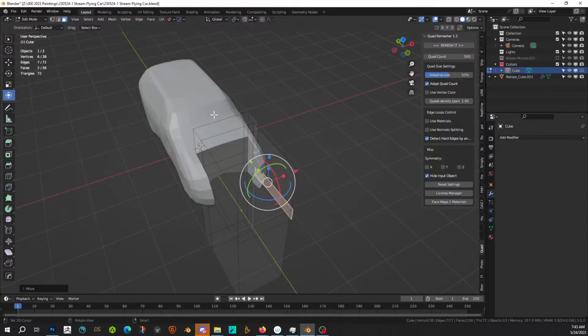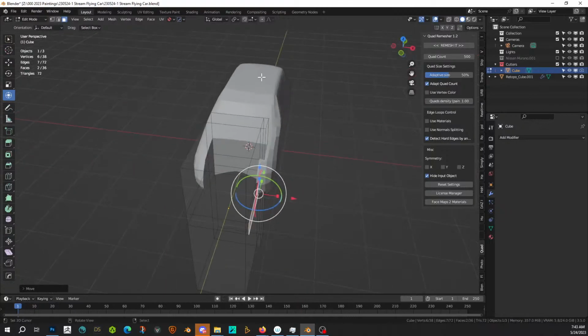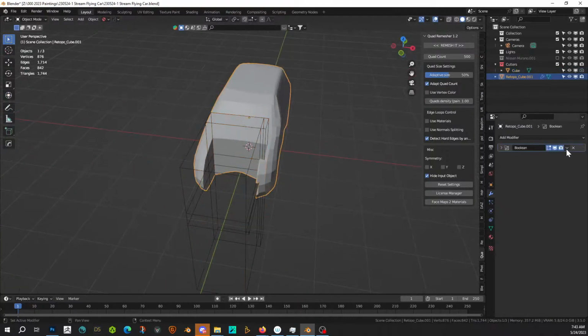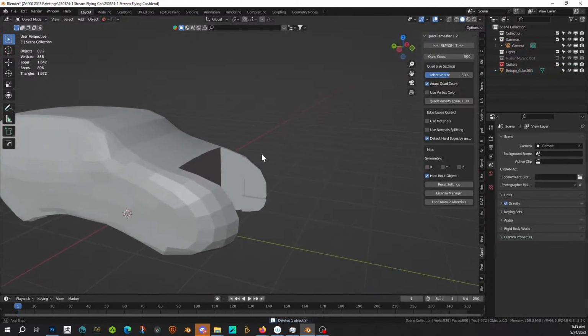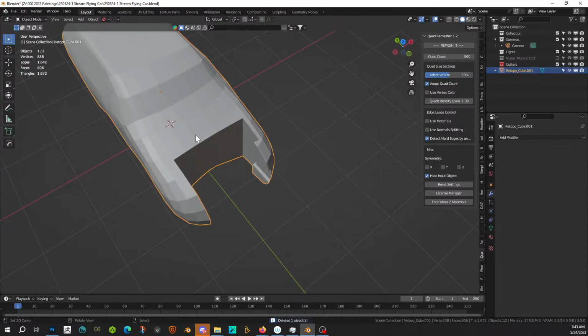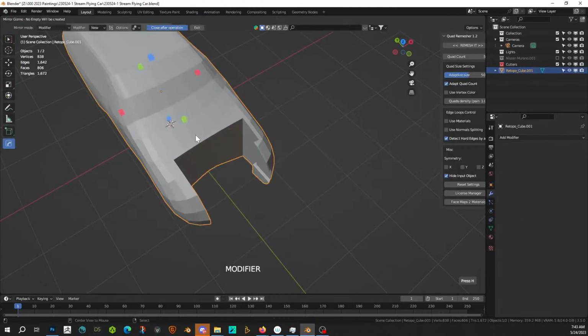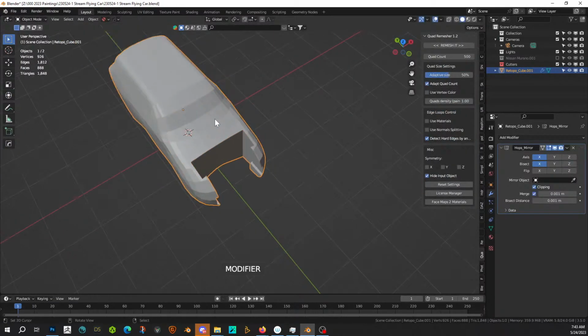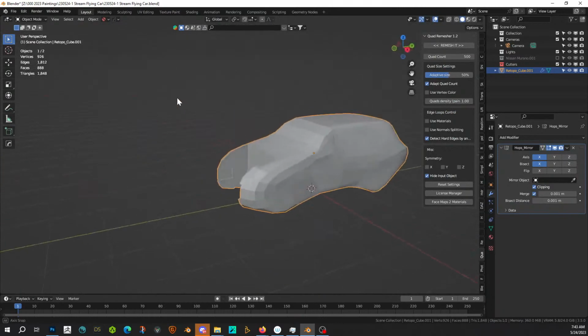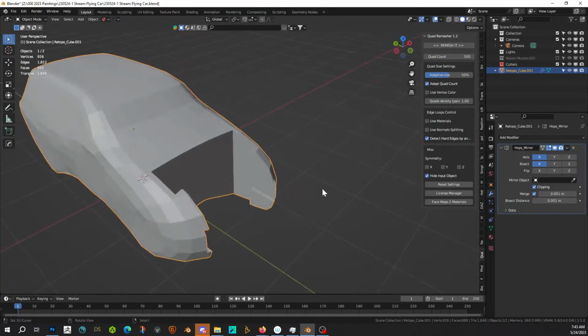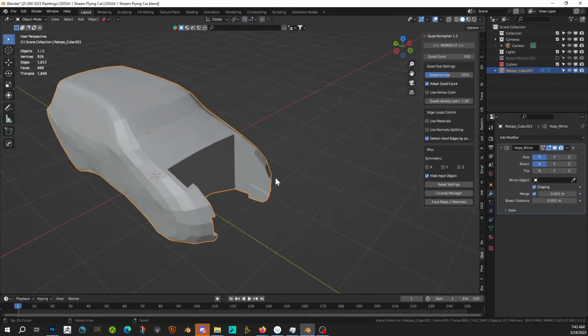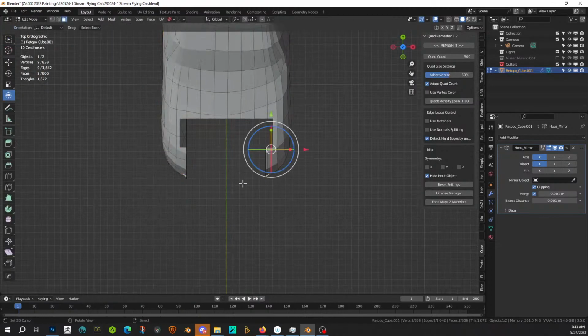Cool. So now, that gives us another interesting starting point. Let's take this, apply that Boolean, delete that cutter. Okay, and X, mirror it. It still feels a little stumpy to me for what I want it to be. So we could kit bash it out, we could model it out. I think what we're gonna do